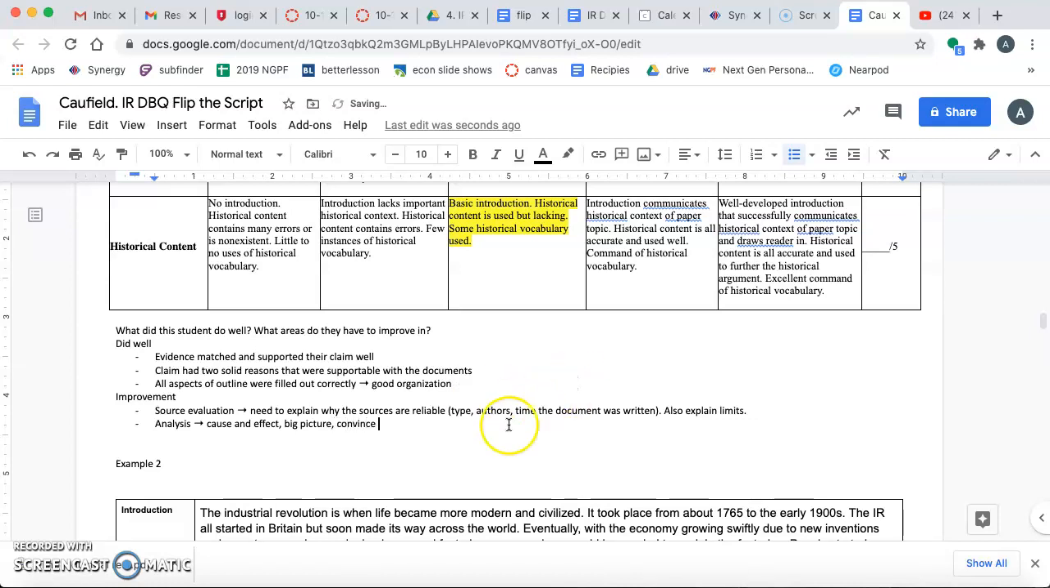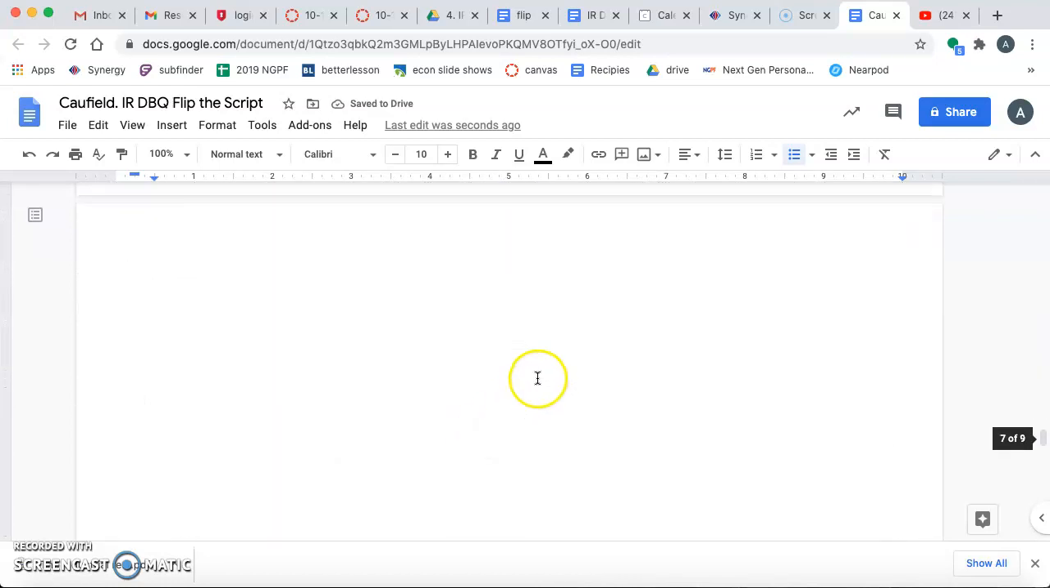Okay, that is all for that, guys. You're going to go ahead and go through example 2 on your own, fill out the rubric, and don't